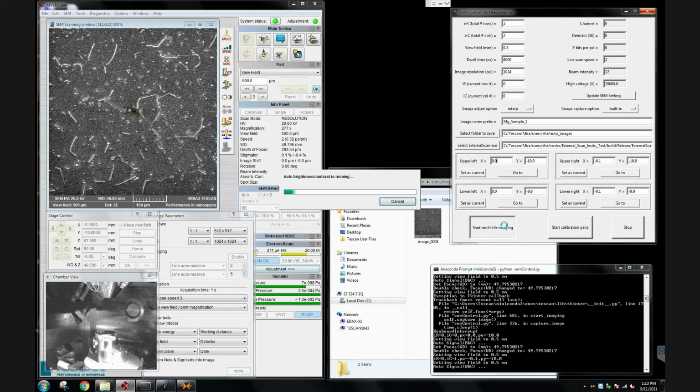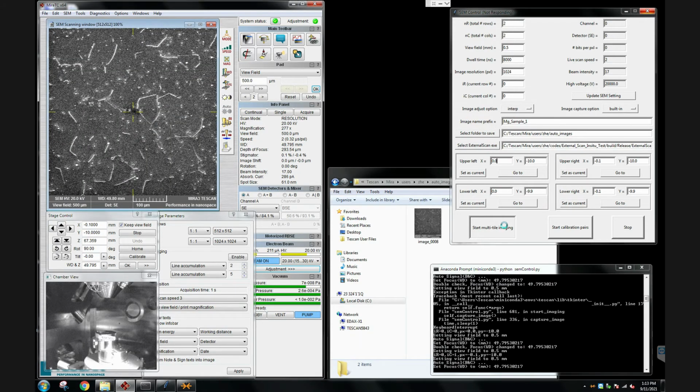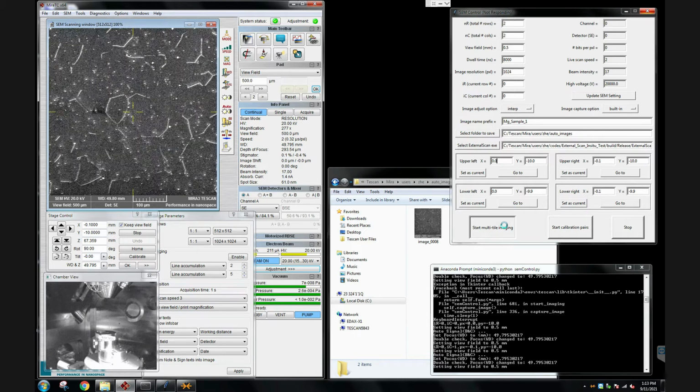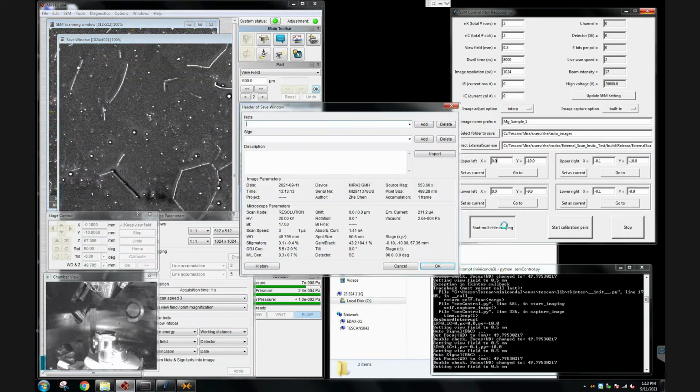The first image is taken, and the stage is moving to the second position. Now the second image is taken.